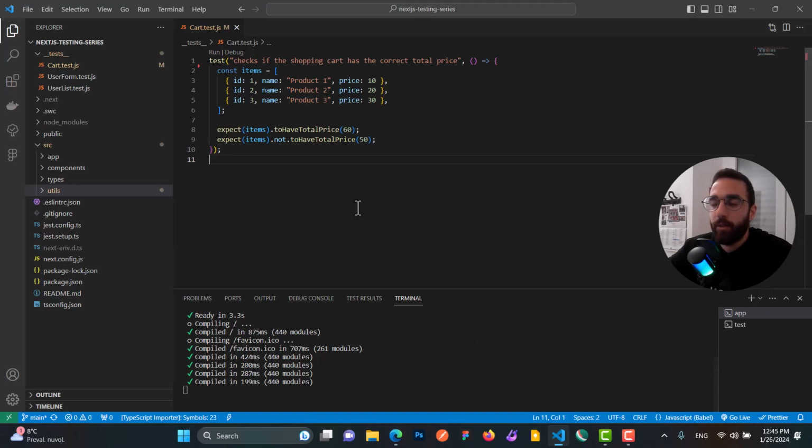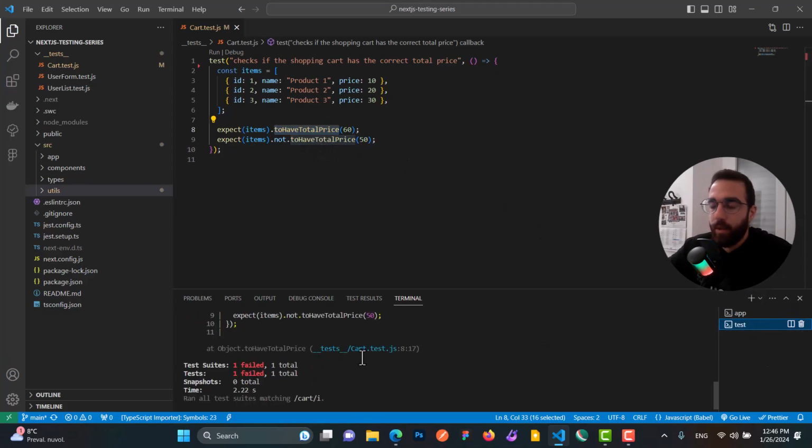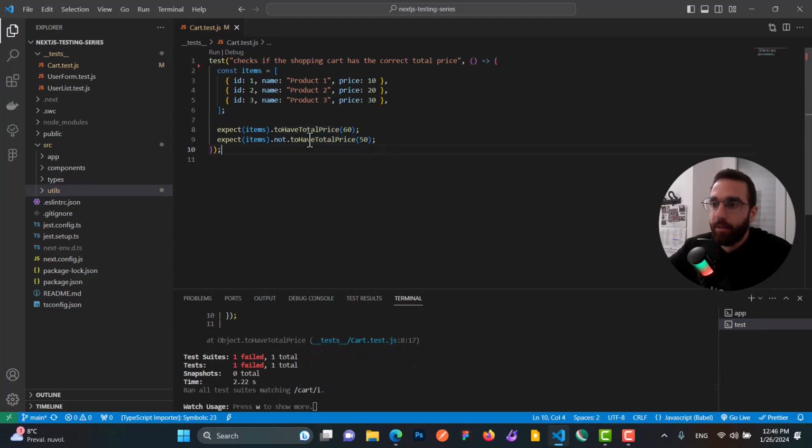So if I go back to my test, I have something like this. I have this test file called car.test.js, and I have a simple list of items, and each item has a price, and I want to create something like this: expect items to have total price of 60. Of course, there is no built-in matcher called toHaveTotalPrice, but I want to build that so that the test passes. Now if I look at my test, of course it will fail because there is nothing called